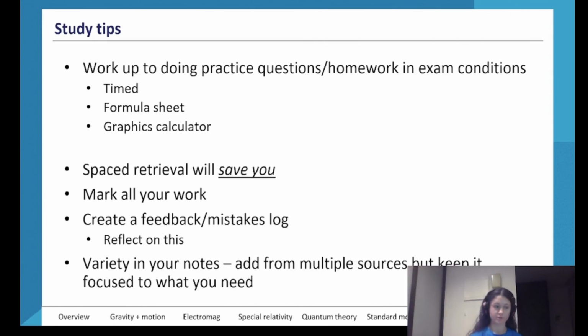You just ask yourself, okay, what is EMF? What is Lenz's law? How do you solve a problem using Lenz's law? Stuff like that without looking back at your notes, and do it in certain intervals after learning it. Another thing that I'd recommend in terms of remembering the content, other than practicing questions, but actually remembering the content, the definitions and stuff like that,